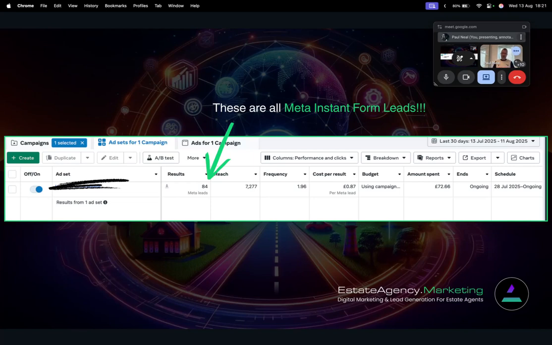This is an instant form. So this isn't leads coming where they've landed on a page and filled out a form. This is the instant form within Facebook, and they're very, very powerful. The leads can sometimes be a bit questionable, but the way you create those ads most of the time is, and I'll show you the examples in a bit, you might do